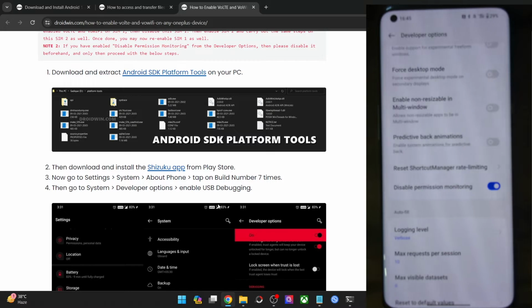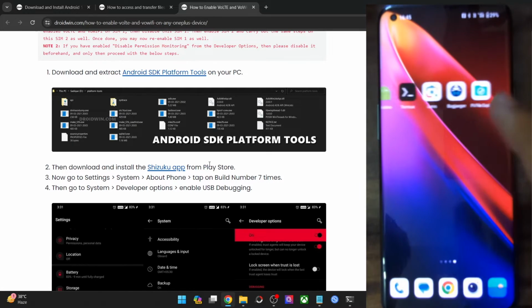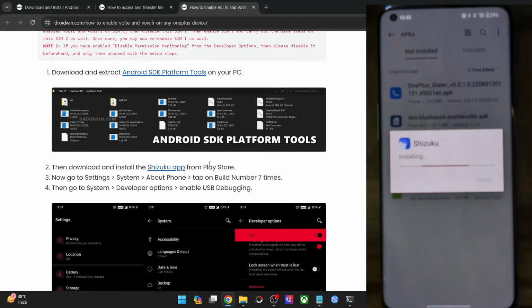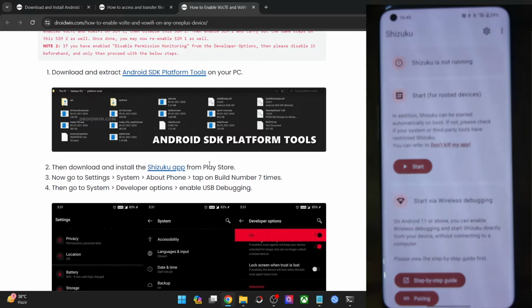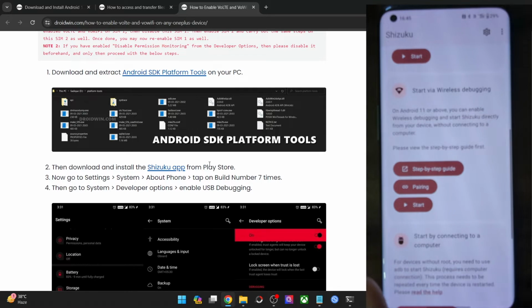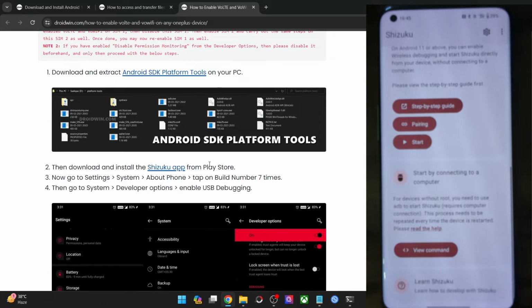And now you have to install the Shizuku app from Play Store. So let me install the app as well. It will take just a few seconds. Once you have installed the app, you may now launch it using quite a few ways. The easiest is via the rooting method, but as of now we are not using the root. So next up you have the wireless debugging. The benefit of wireless debugging is that it does not require PC, but on the flip side it might be a little bit complicated. Then we have via ADB command. The benefit is that it's quite easy to carry out, but on the flip side you will have to take the help of PC since we are already using a PC as of now. So let's go with the ADB command itself.